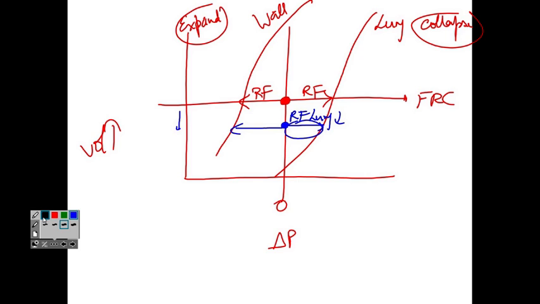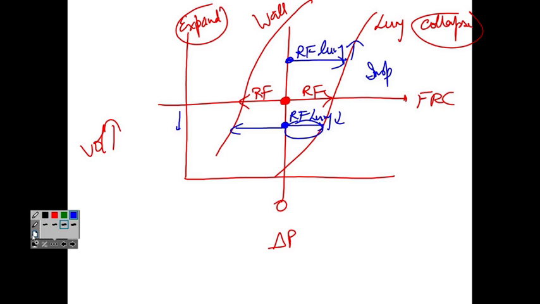Less. During inspiration, your alveoli are expanding. So what happens to the recoiling force of the lung as well? It will increase. So if you want to increase the recoiling force of your lung, you have to stretch it more or less? More. So if you want to increase recoiling force of your lung, you have to keep it more stretched. There should be more air. If you want to decrease the recoiling force, you have to stretch it less.